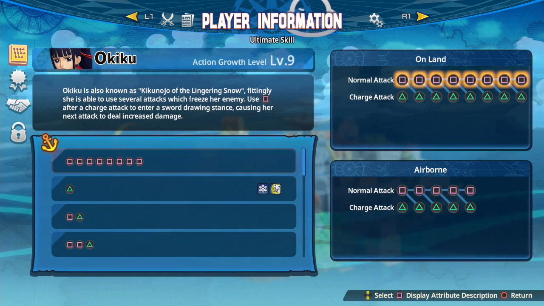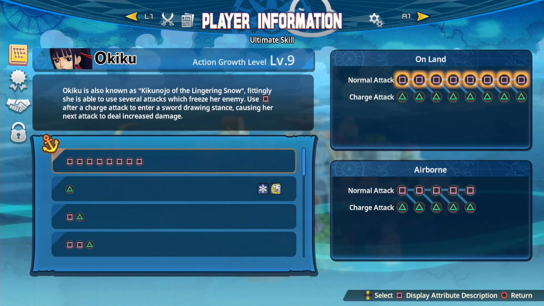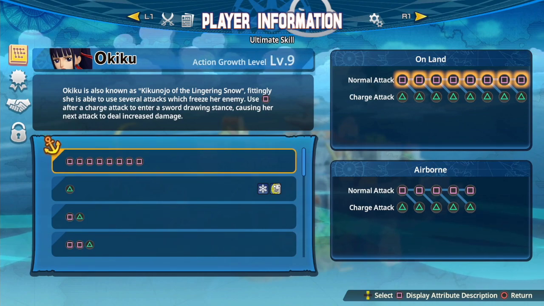So let's look at Okiku's action list real quick before we get into skills and the moveset and all of that. Okiku is also known as Hikunojo of the Lingering Snow. Fittingly, she is able to use several attacks which freeze her enemy, one of the best effects in the game by the way. Use square after a charge attack to enter a sword drawing stance, causing her next attack to